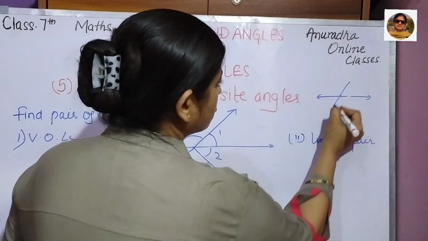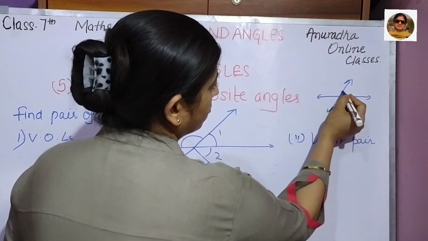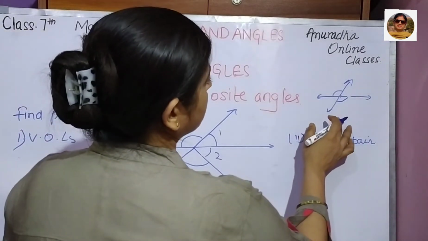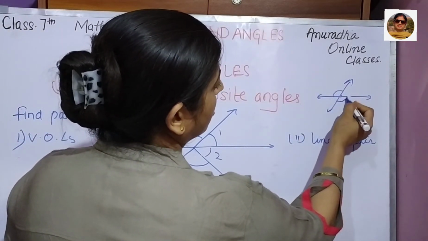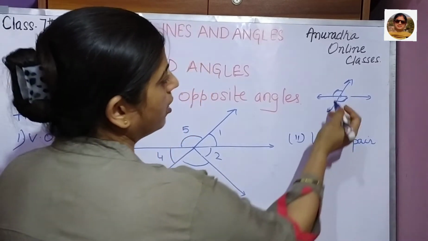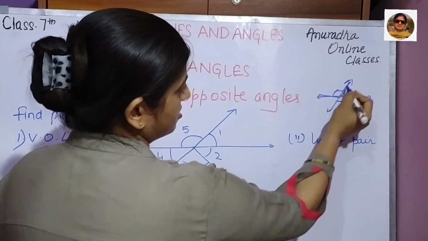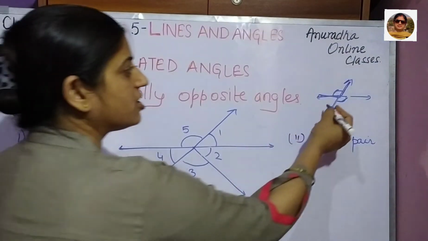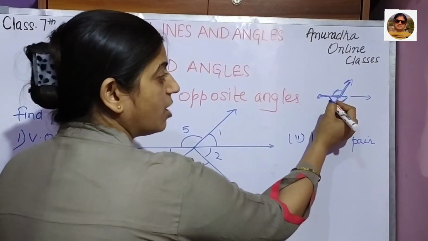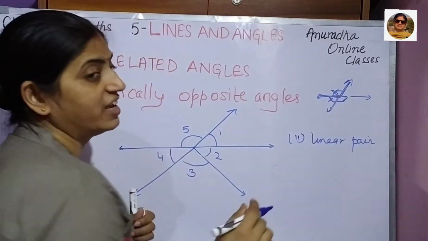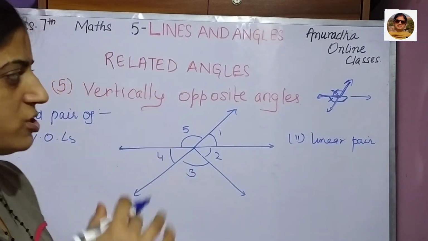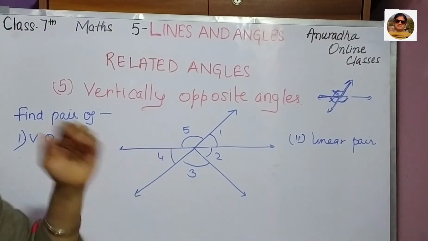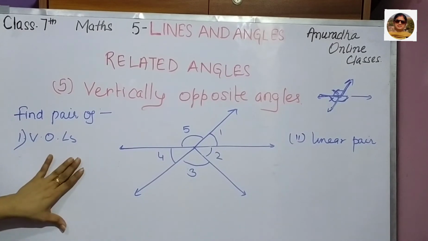Like these two are intersecting lines. So this angle and this angle are vertically opposite angle. One thing is important कि these two are equal, that I told you, and this is, it is also forming two adjacent angles, and that is their sum. इन दोनों का जो sum होगा that is linear pair. Right? This you just keep in mind क्योंकि आगे जाके कुछ questions में ये आएगा. Okay, so let us see the first one question.